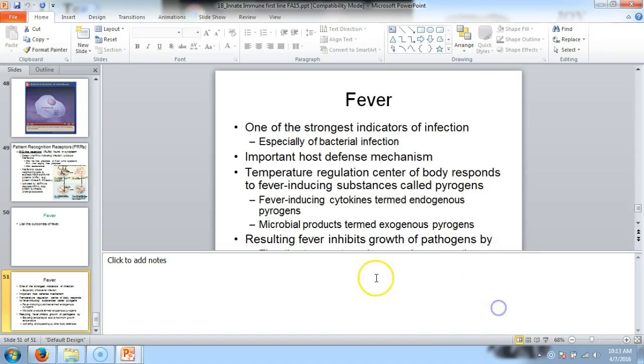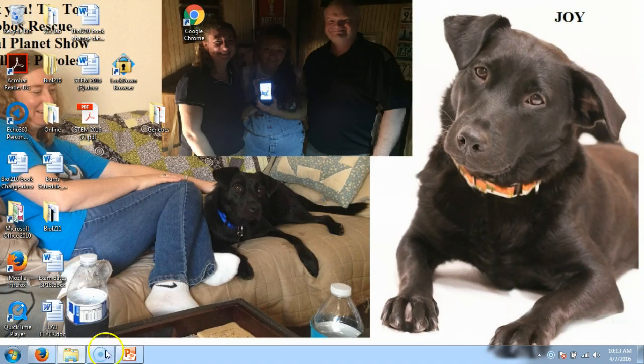So that's it for innate. At this point, sometime over the weekend or before class on Tuesday, I highly suggest trying to do the Innate Connect assignment, because we finished it up. And now we're going to move on to adaptive, and we're going to start out with my favorite molecule, and